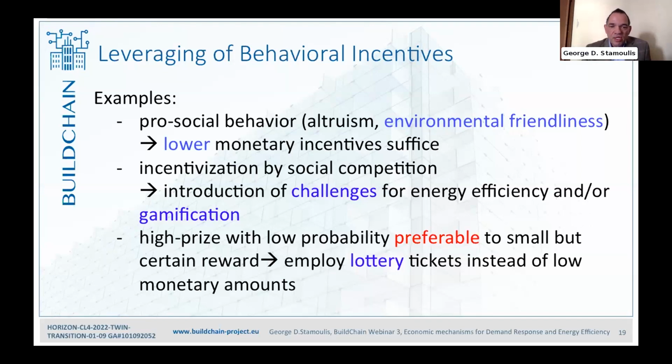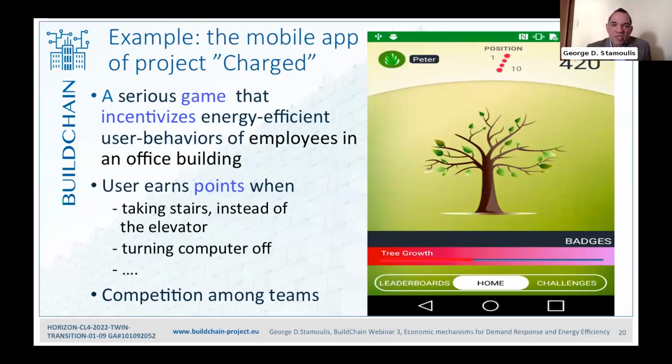So, for example, we have also employed lottery tickets instead of lower monetary incentive amounts, because if the incentives which I discussed in the previous slide turned out to be a very low monetary amount, then users may not be interested in taking these incentives and participating in the DR event, due to this behavioral premise. In this slide, we see a mobile application developed by Project Charge,